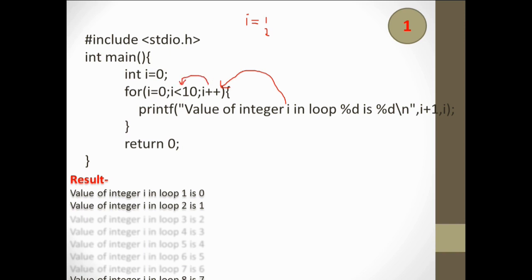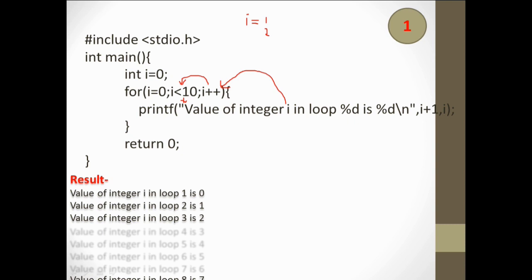Yes, so it goes inside the for loop and prints value of integer I in loop 3 is 2, because the value of I is 2, and in place of I plus 1 it prints 2 plus 1, which is 3.